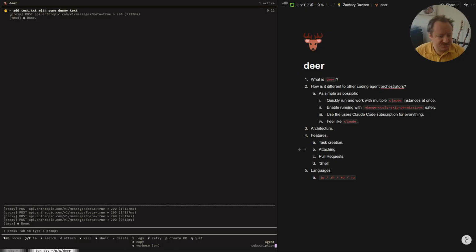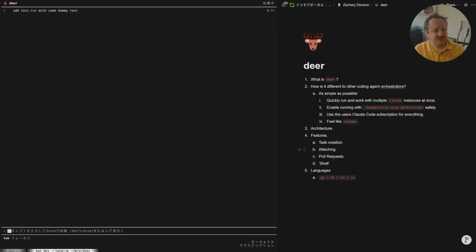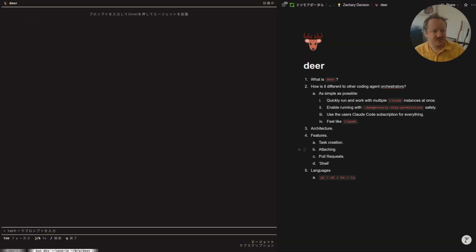So it supports a few languages. So if we get out of this session, right, and we launch it with this flag, we can launch it in Japanese. And then we get a Japanese version. And then if we open a PR with that, the PR will actually also be in Japanese, so that it will know to maintain that language. And it also passes that through to Claude, so Claude will respect the language if you so wish, right?